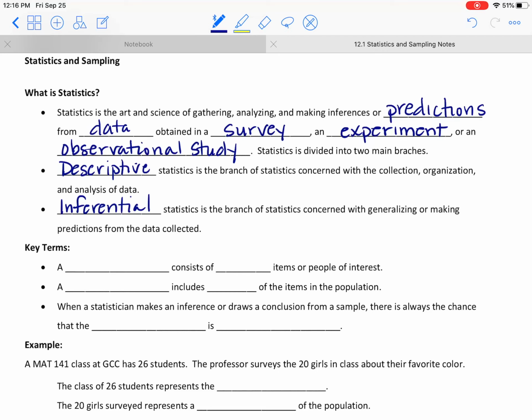So for example, again, if I wanted to know people's favorite color, okay? If I really wanted to know people's favorite color, the word people's is pretty broad. Like, do I want to know what everyone in the entire world's favorite color is? I mean, maybe I do, but is it going to be possible for me to ask every single person in the world? No. So instead of asking everyone, which everyone would be the population, so the entire population of